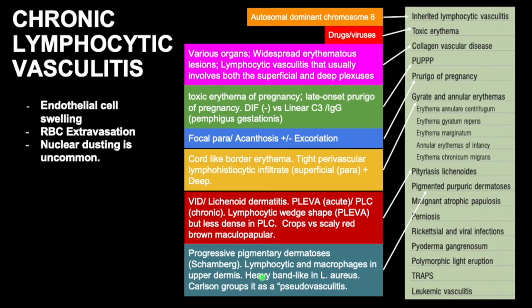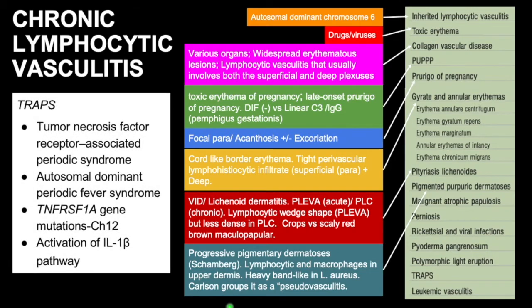In lichenoid aureus, we see a heavy band of lymphocytes. And Carlson, in his paper, groups those lesions as pseudovasculitis. So TRAPS is a specific category we need to know about for the test: tumor necrosis factor receptor associated periodic